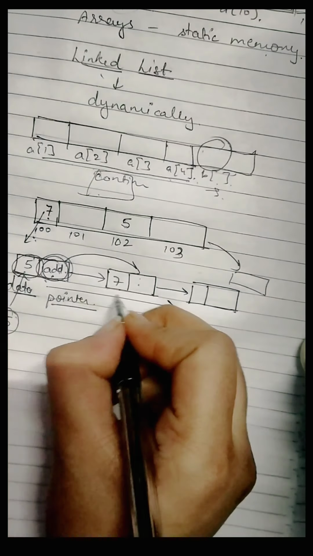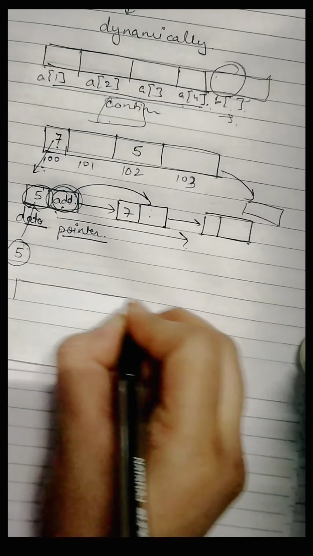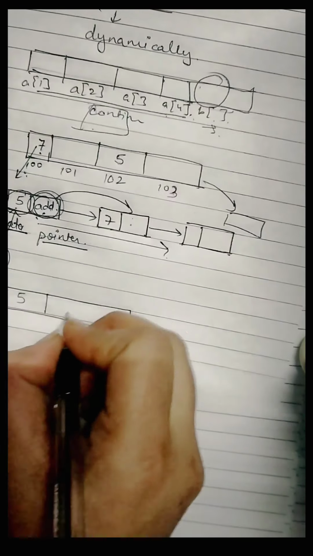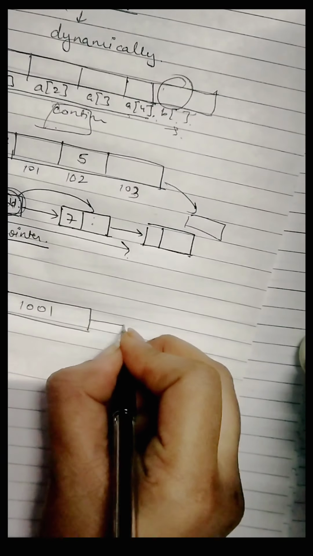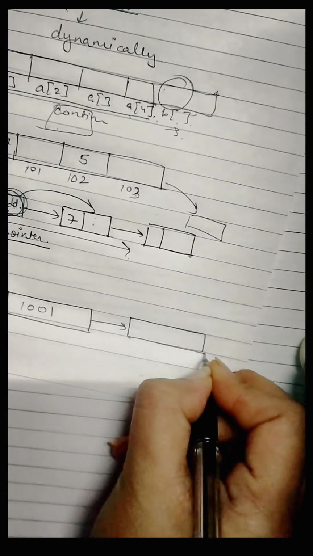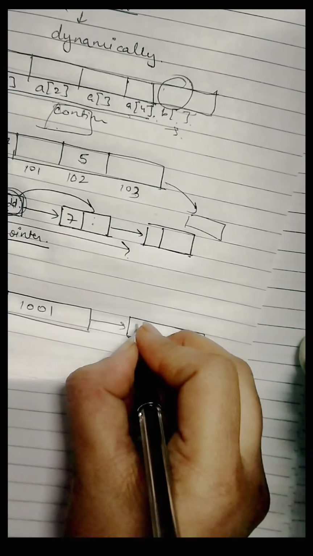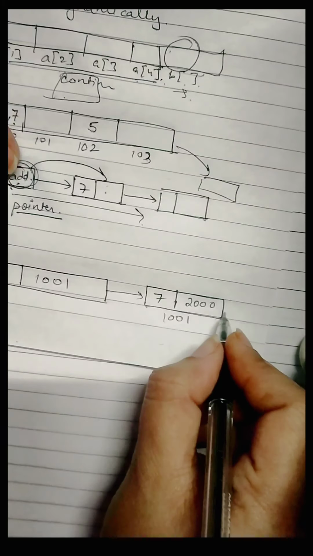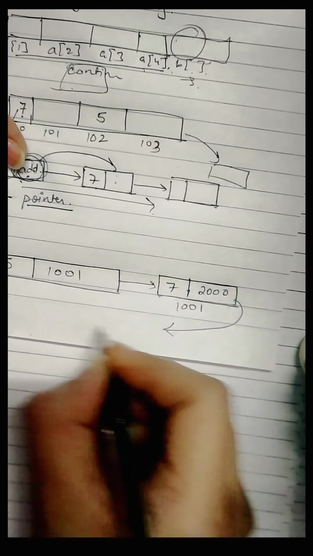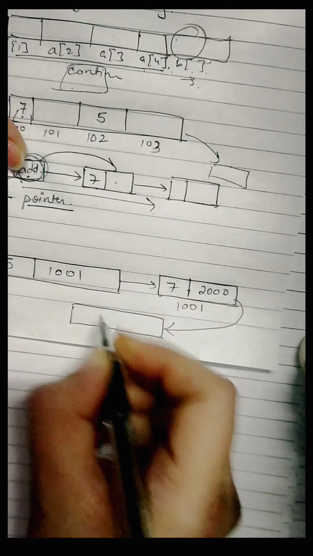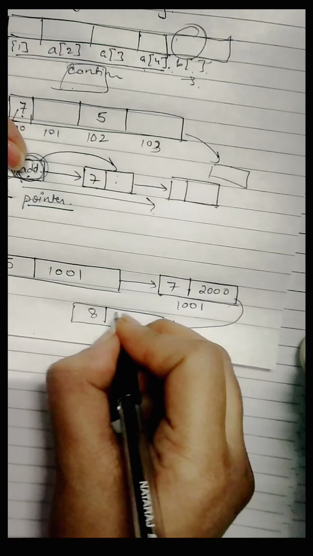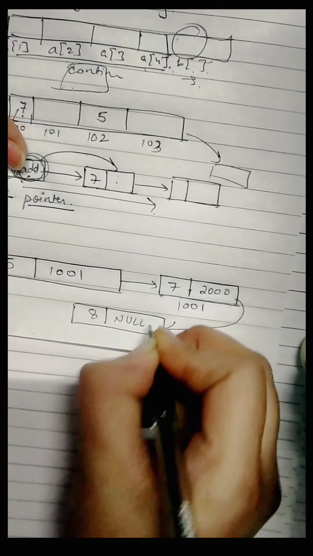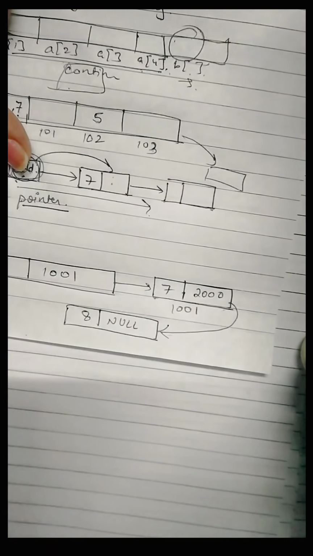Now this address, to be more clear, this is 5, this is address 1001. It will point to memory location 1001 that will have some other data element. For example, I have 2000 here. Now this in turn will go to another memory space that will have this data plus the address of the next node. If I have only 3 nodes, so this will be null. That means it is the end of the linked list.